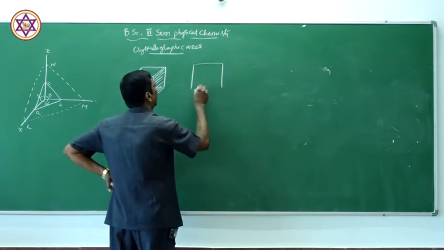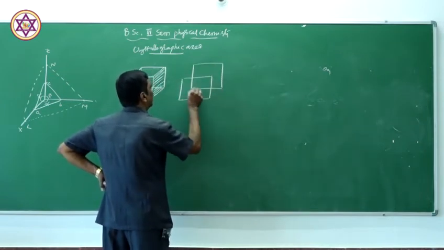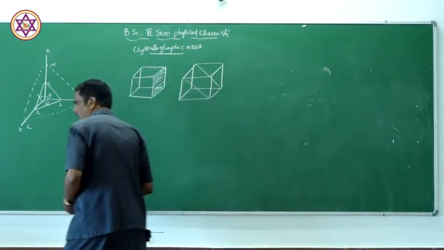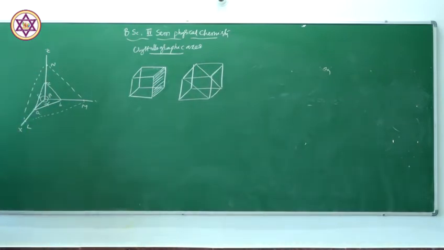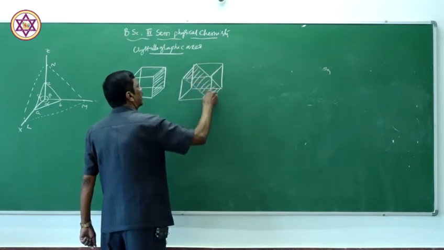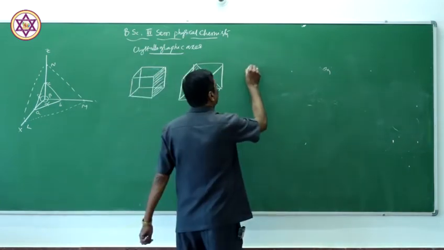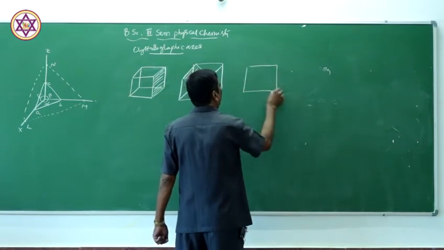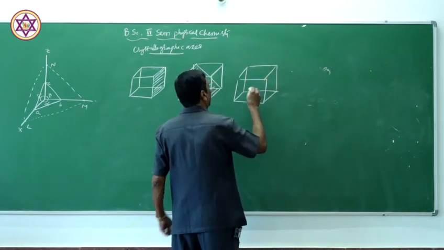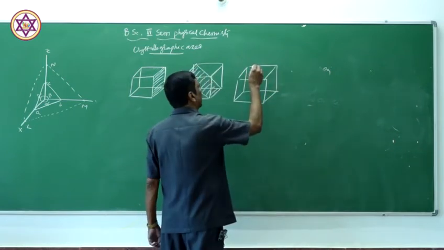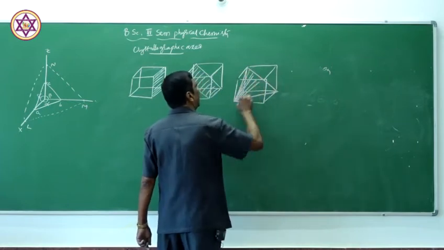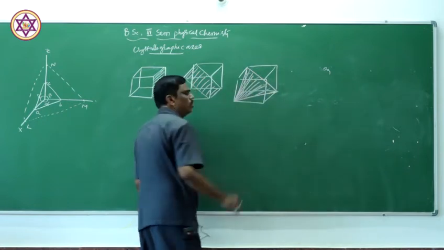Another plane of a cubic crystal is this. Now you see this, another plane of a cubic crystal is this one. So this is another plane of the cubic crystal. This is one plane. You see this plane, and another plane of the crystal. See this? So these are the planes. Different planes are there. So here,